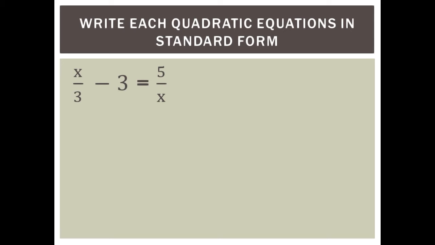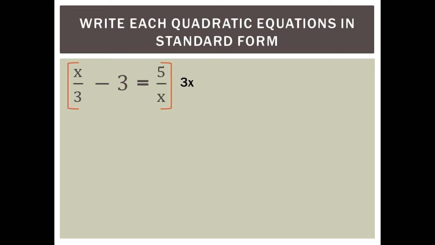Just by looking, what do you think is the LCD of 3, of 1, and x? 1 is the denominator of negative 3 because 1 is the denominator of all whole numbers. The LCD is 3x. We need to divide 3x by the denominators and multiply it to the numerators of each